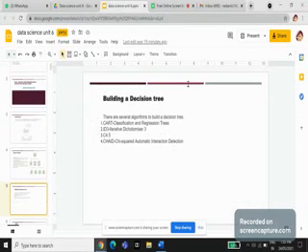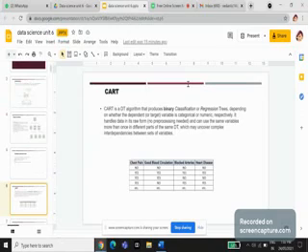Here we can see the difference between ID3 and CART. Let's move to ID3 so that we get a clear picture. The process of building a decision tree using the ID3 algorithm is almost similar to using the CART algorithm, except for the method used for measuring purity or impurity. The metric used in the ID3 algorithm to measure purity is called entropy. The formula for entropy is given on the screen.